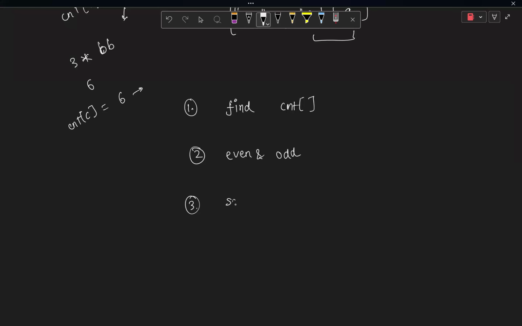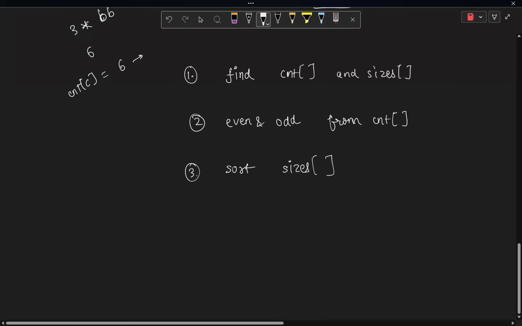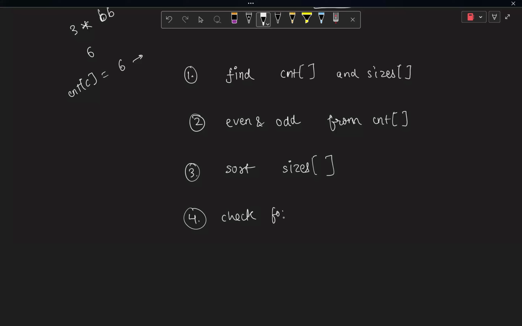So what I will do is simply sort the sizes. I can just create a sizes array in which I will store the sizes of the strings. And after that, I can just sort the sizes array. And by the way, I will find out this even and odd from the count array. Now, once I have sorted the sizes array, what do I have to do? I just have to iterate over this and check for every string size in the sizes array,